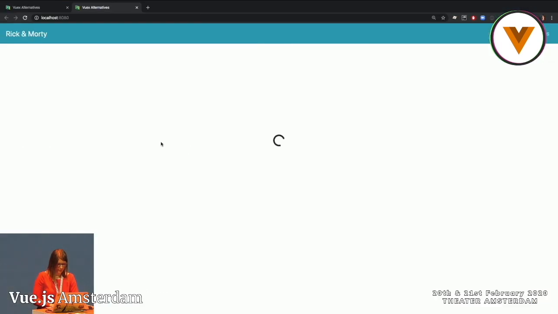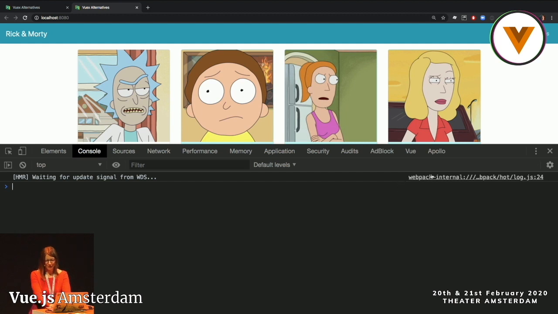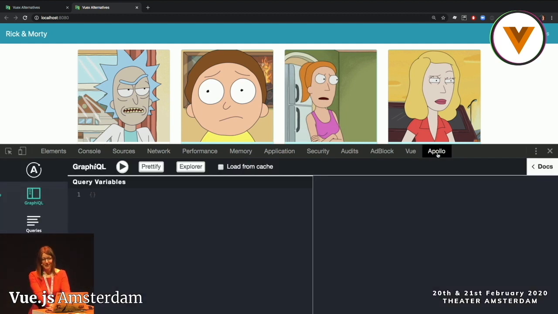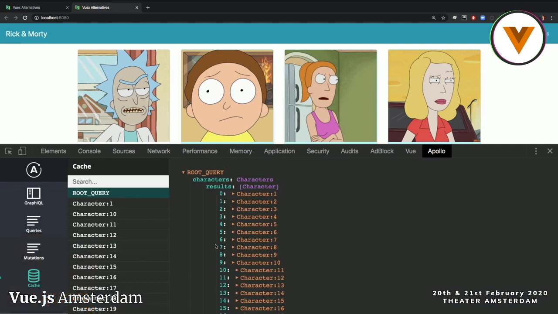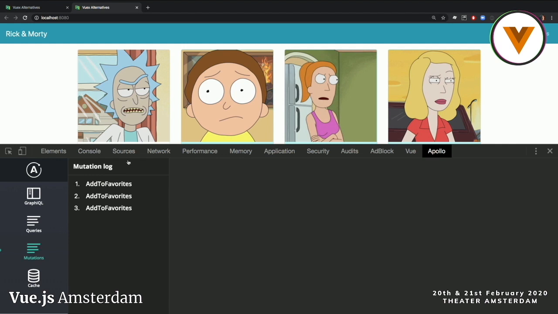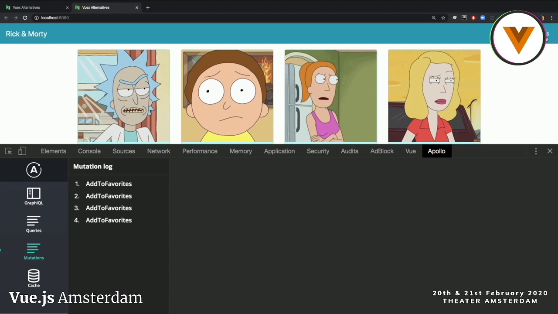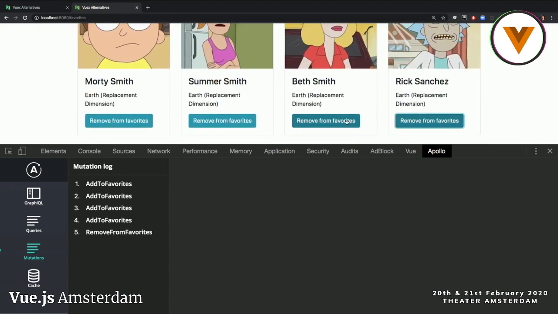Awesome. Let's go back to the browser, fetch them again. And as you can see, it works. And as I'm expert in DevTools, let's go here again, because Apollo has its own DevTools. So we can simply check what's in the cache right now and what in the favorite characters as well. And if you wonder if we can track mutations like we do with Vuex, yes, we can. And the only thing we need right now is actually to remove some characters from here, because as you can see, mutation is triggered. Nothing is happening because we need a resolver as well.